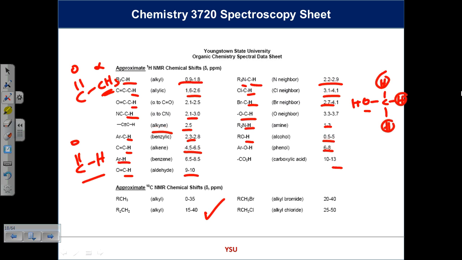How would you tell, what technique would you use to work out if you had chlorine or bromine in a molecule? Mass spec. So that's exactly where we're going, is putting it all together,